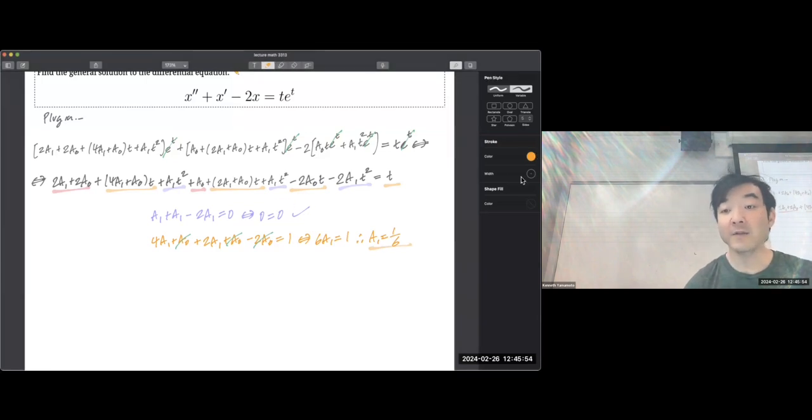The red ones have to all disappear. So you have 2a1 plus 2a0 plus a0. That has to equal 0, which means that we have, okay, so the 1 over 6, I'll just say that we know already. So this is like 1 over 6 here. So we're left with